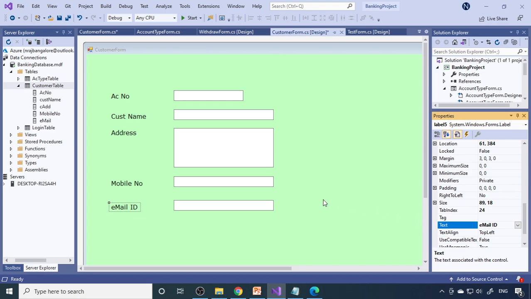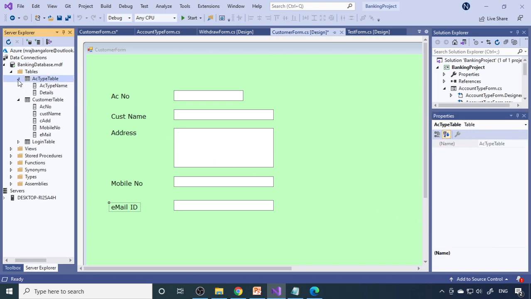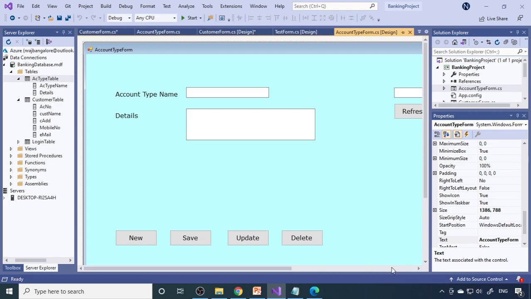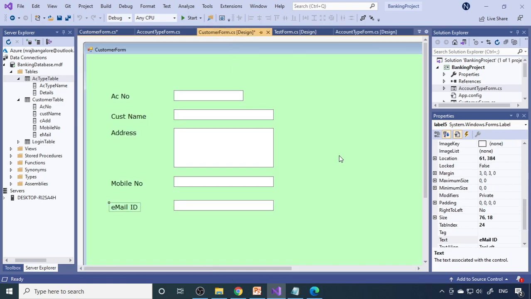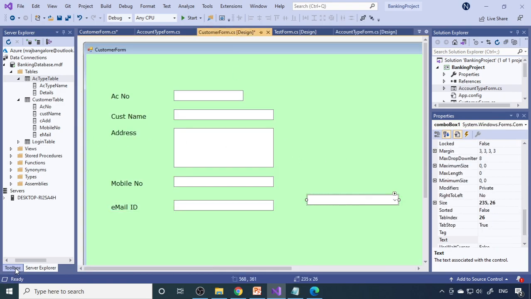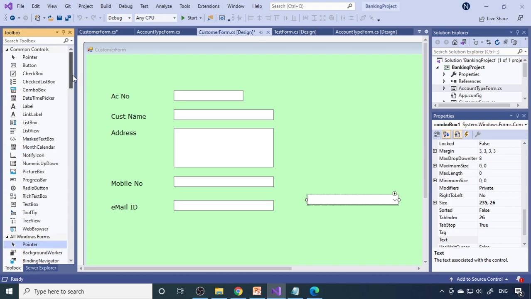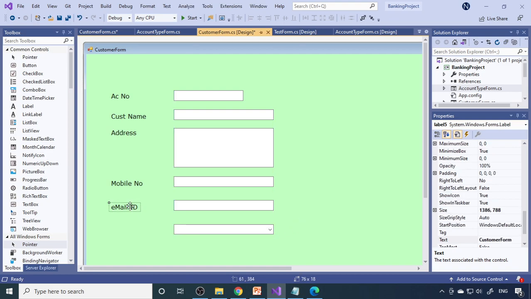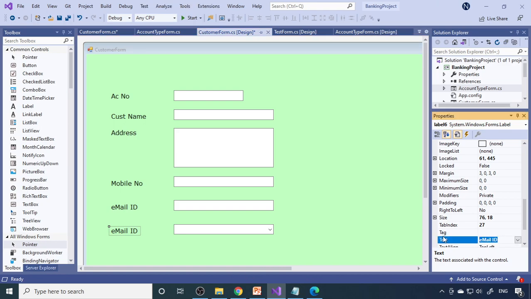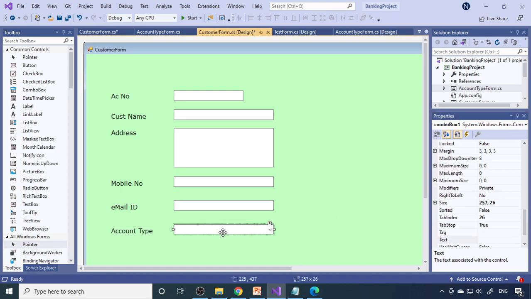And one more important thing, account type. Because we already created the account type, we need to link the account type here. In order to do this, we can go to account type here. We already have the combo box over there. I can copy this combo box, bring it back to the customer form, then paste the combo box. Otherwise, you can go to the toolbox, select the combo box from there, and drag it onto the screen. Okay, so now call it account type. Copy the label and paste the label. So now we call it account type, because what type of account the customer has is important. Therefore, the account type has to come over here.